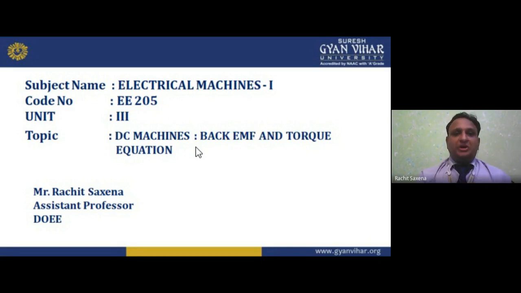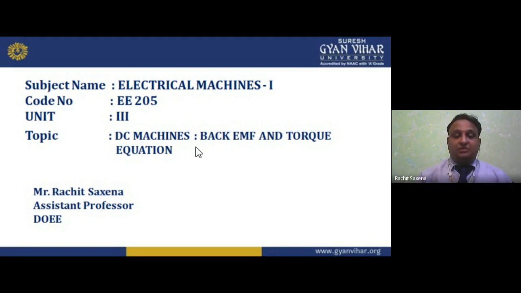If I'm talking about rotating machines, they are motor and generator, in which we have the stator and rotor. And the non-rotating machine is the transformer. But a transformer does not convert from one form of energy to another, while rotating electrical machines do: electrical to mechanical, mechanical to electrical, voltage and current to torque, and torque to voltage and current. If voltage and current are converted into torque, I'm talking about the motor, that is, the DC motor. And if I'm talking about the conversion from torque to voltage, current and power, it means I'm talking about the generator.